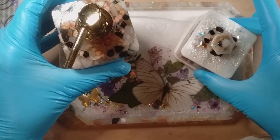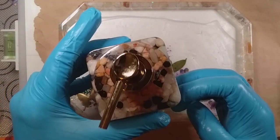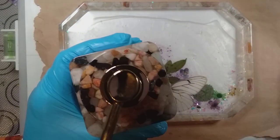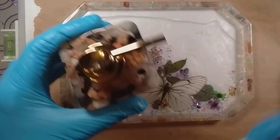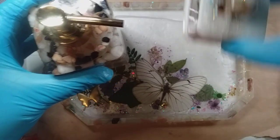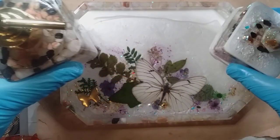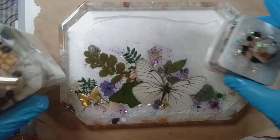If you want to make the toothbrush holder, you can make the toothbrush holder. You take the same mold, make the same mold, but don't make this piece and don't attach it, and it could be your toothbrush holder. Or you could put your toothpaste and your toothbrushes and put your set together. So what you think, guys? I think it's cute. Let me see if it made an impression. Yeah, I think it did. But anyway,